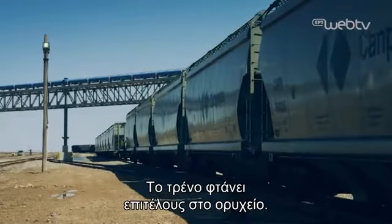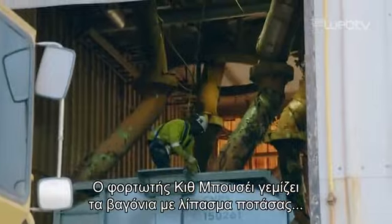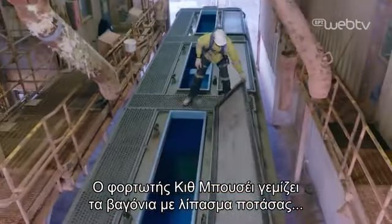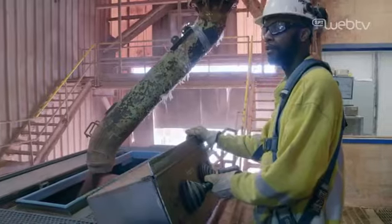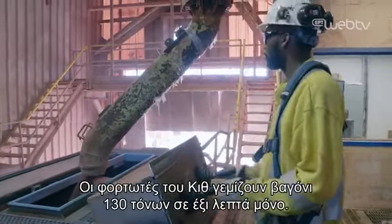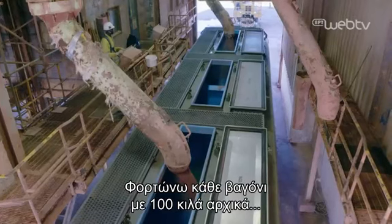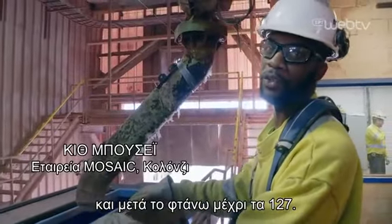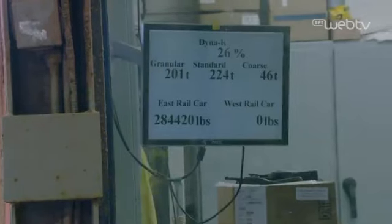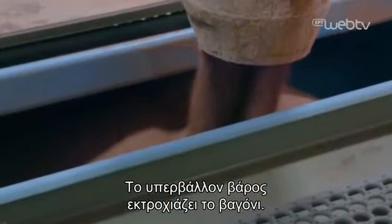With their train finally at the mine, loader Keith Boucher takes over to fill the cars with potash fertilizer as they pass through the plant. Keith's loaders can fill a 113-ton car in only 6 minutes. I'm just loading a rail car to 220,000 pounds on the side and then finish it off at 285,000 pounds, which is railway regulations. Anytime it goes over, we unload it